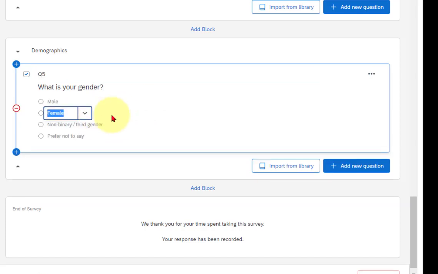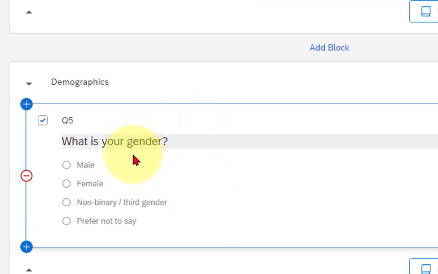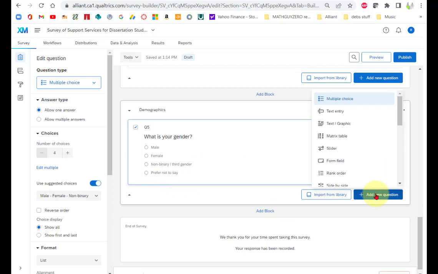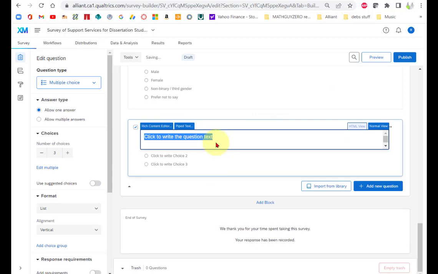And we can do male. See that? It did it for me already. Male, female, non-binary, third gender, whatever that means, and prefer not to say. Okay, they have that option. But now I want all the demographics to be in the same block. So in other words, they'd see them all at the same time. So this time I'm not going to make a new block. I'm just going to put in here, and I'm going to put multiple choice, and I'm going to say which